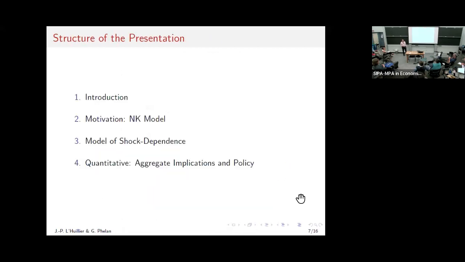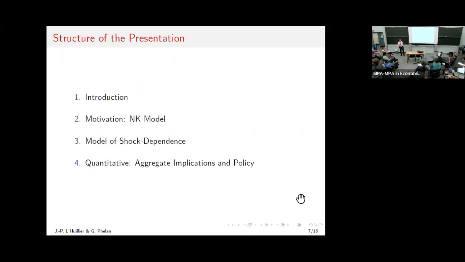Can I also ask a clarifying question? Yeah, very quick. Are you assuming that consumers know whether it's a supply or a demand shock? I don't need to assume that. In the explanation I just gave, I was assuming that for simplicity, but I don't need to. In the full model, I'm going to have two shocks at the same time, and the price in equilibrium is going to be indexed to the supply shock. So it's going to flexibly move with the supply shock, but at the same time be sticky with respect to demand. So it's not going to adjust to the demand. I was making that assumption just for the sake of the explanation.